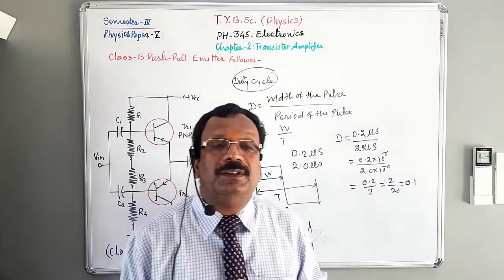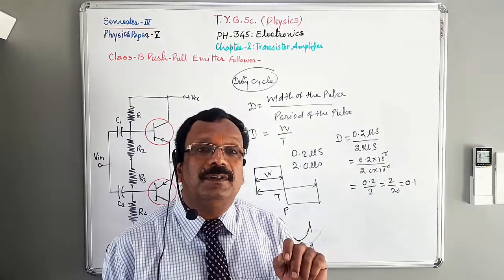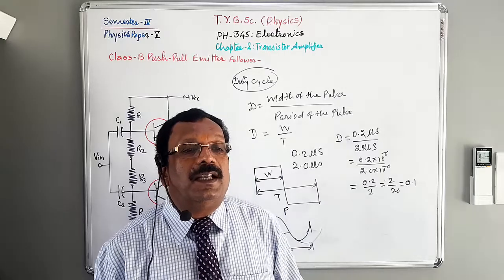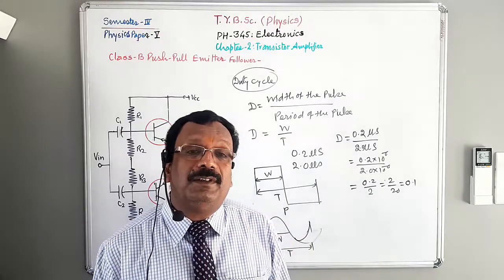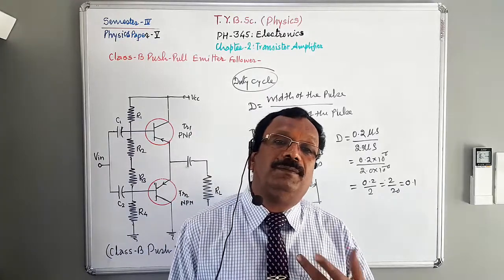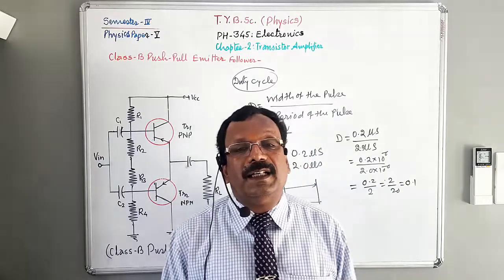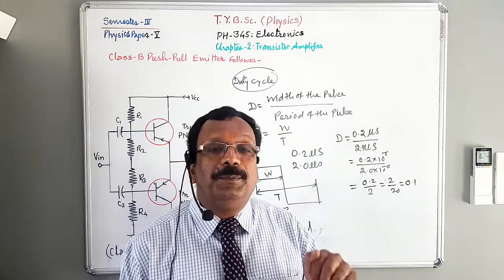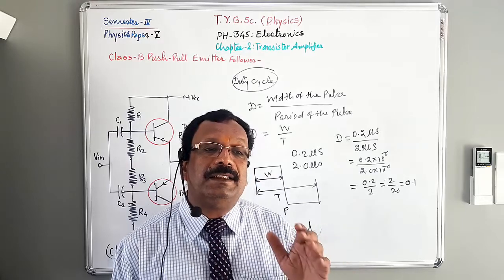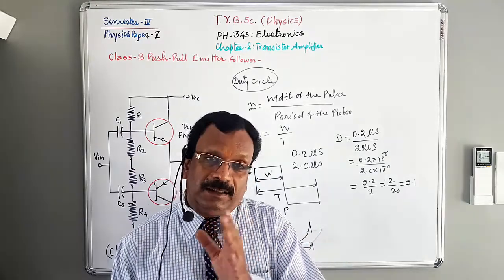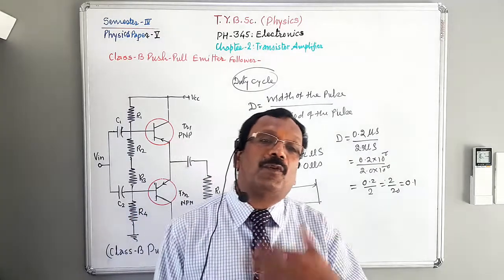You should note the relation between duty cycle and efficiency of a class C amplifier. A question may be asked in objective type, in any format, that is MCQ format, true and false format, or answer in a single sentence. The efficiency of a class C amplifier increases as duty cycle dash dash dash decreases. Okay, this is the correct one, if a number of options is there.